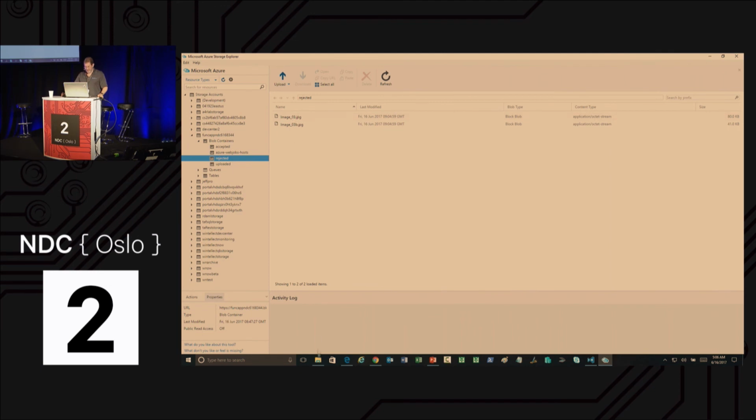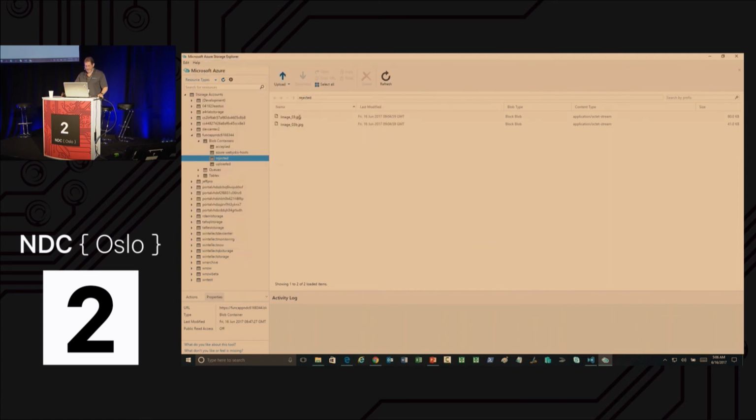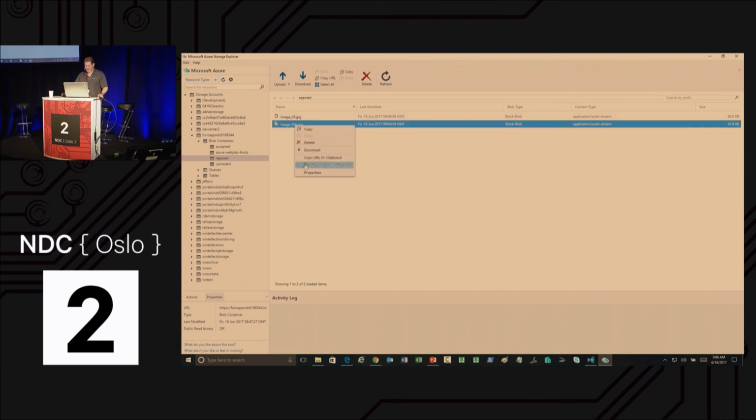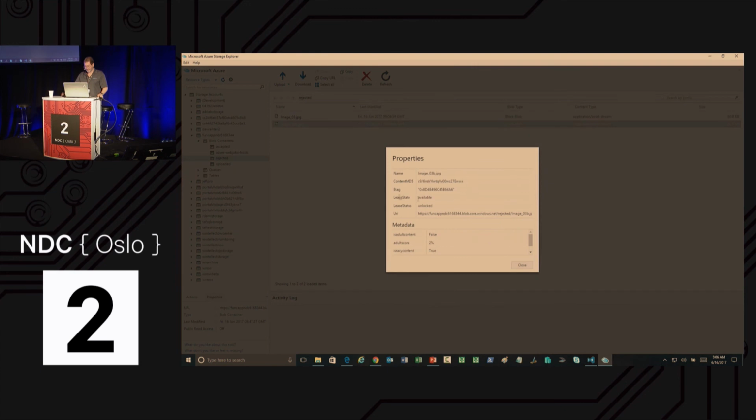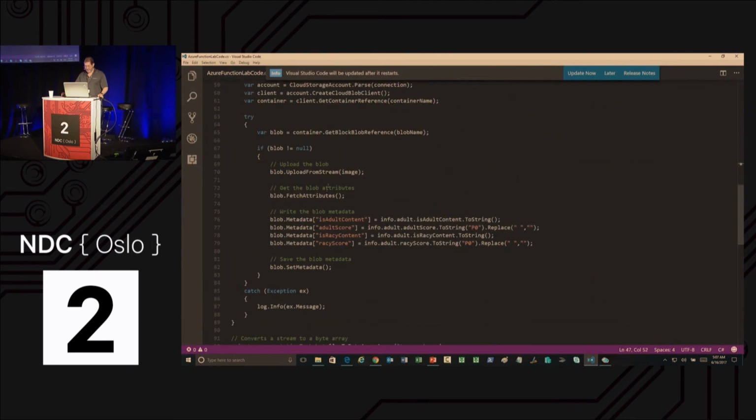So there's 3 and there's 3B, because I have one more funny thing to say. 3 is the woman, 4 is the man, right? Let's look at the man first. So you can click on this, go properties, and I know this is a little hard to see, so I'll read it for you. And here's that metadata that I wrote, just to remind you, because I always like to associate the code. This is that little helper function where whenever it wrote a blob that was rejected, I put some metadata in here because I wanted to see how it was scored.